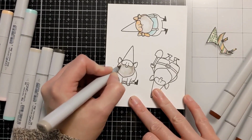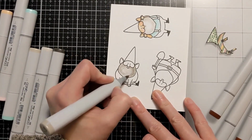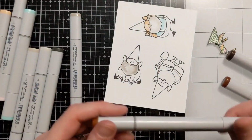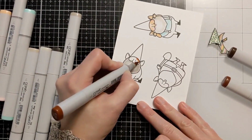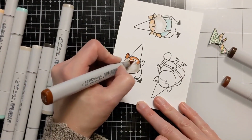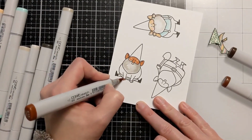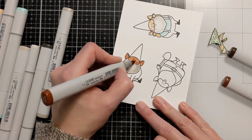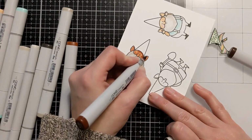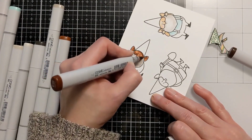I'm slowly working through my Copic markers and replacing the chisel nib with a fine tip nib. So it's obviously optional, but I don't tend to use the chisel nib all that much. So starting with my grays and a couple other of my Copics, I've started to switch those over just because it's nice when you have little fine detail parts of a stamp that you want to color in. Sometimes it's easier with that little fine tip rather than trying to do it with the brush tip on this